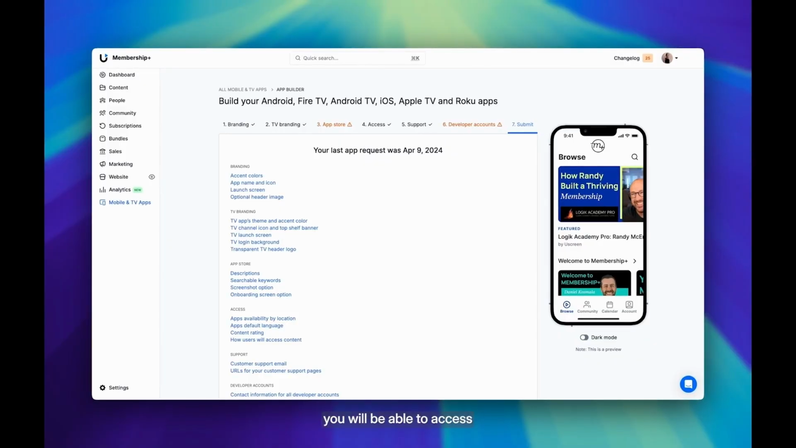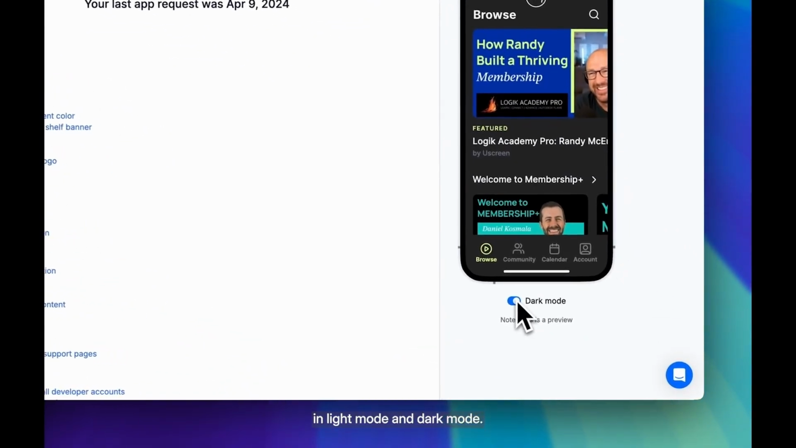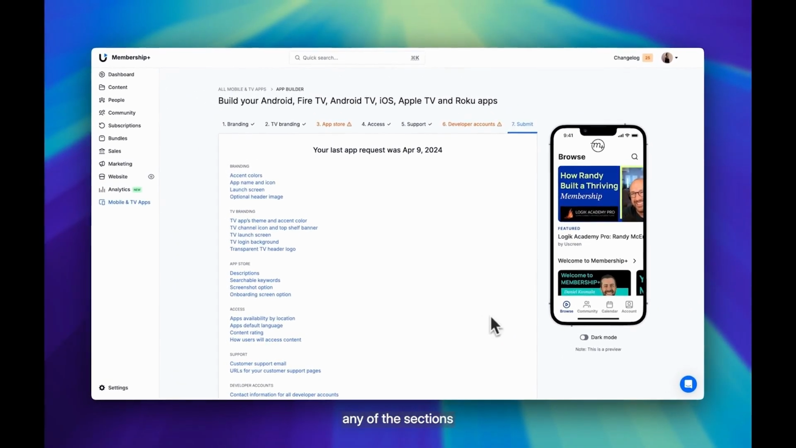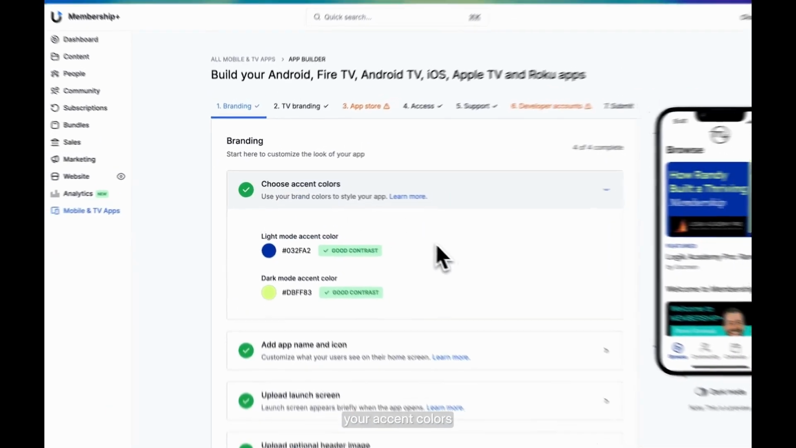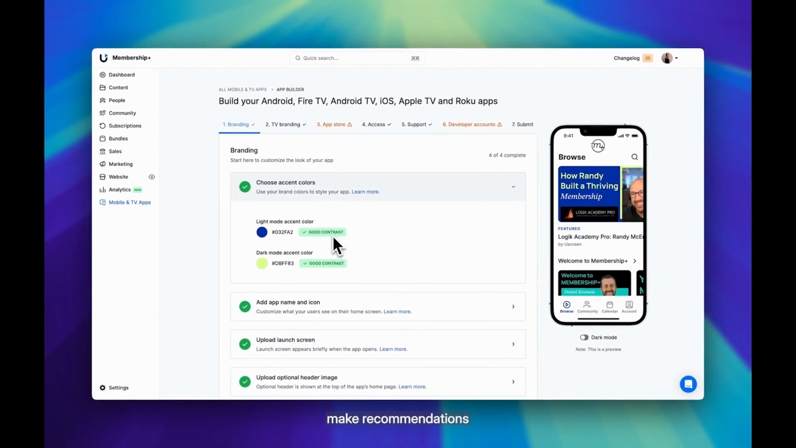Here you will be able to access all of the information about your app and preview it on the right-hand side. Here you can see how it will look in light mode and dark mode, and if you want to change any of the sections on your app, simply select the link. Here you can choose your accent colours, and we will make recommendations on whether it's a good contrast or not. You can add the app name and the icon,